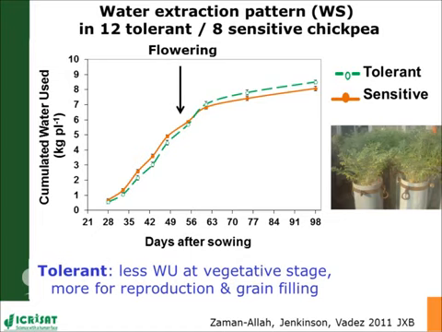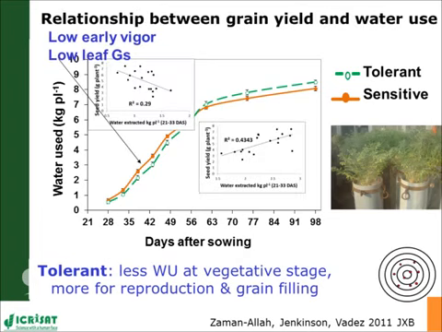So what you've got here is the water extracted as a function of time after sowing in a set of 12 tolerant and 8 sensitive chickpea genotypes. They were selected based on field assessment under terminal stress. What you can see, the green dashed line here is the mean of the tolerant materials. They extract less water at a vegetative stage, and then they sort of catch up on the sensitive ones during and after flowering time. And if you do a bit of regression analysis between the water extracted here at the